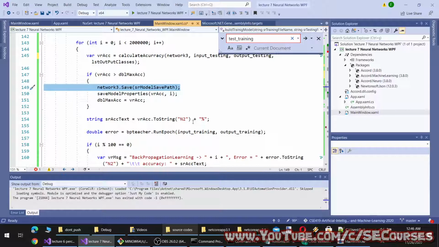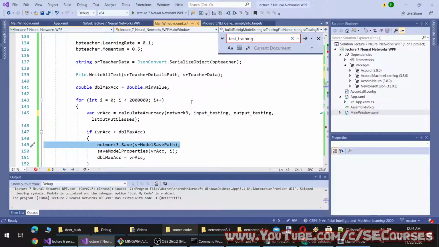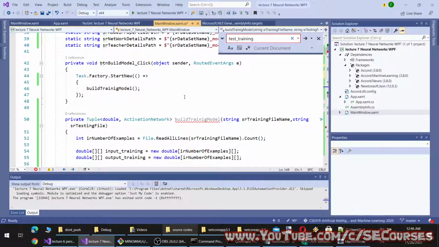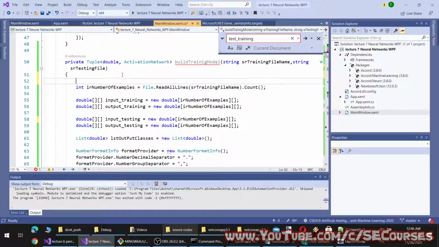Okay, and for saving, I think we should save it temporarily and we will return it. So for saving temporarily, I think I will generate something like this.